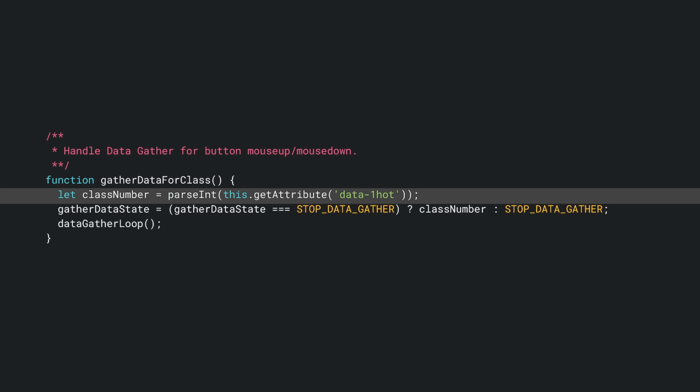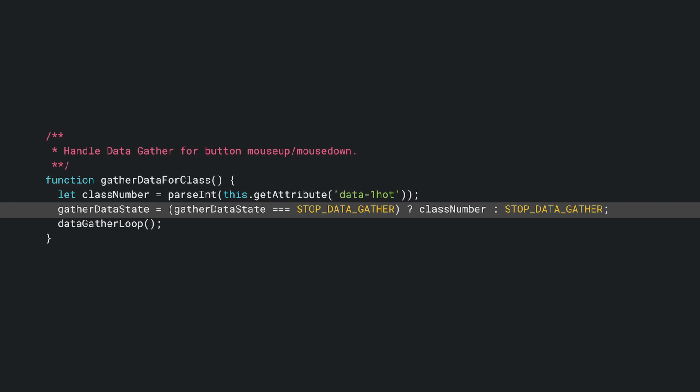As this is a string, you can use parseInt to cast it to an integer and assign this result to a variable named class number. Now you can set the gather data state accordingly. If the current gather data state is equal to stop data gather, which you set to be -1, that means you're not currently gathering any data, and this was a mouse down event that fired. Therefore, you want to set the gather data state to be the class number you just found from the button